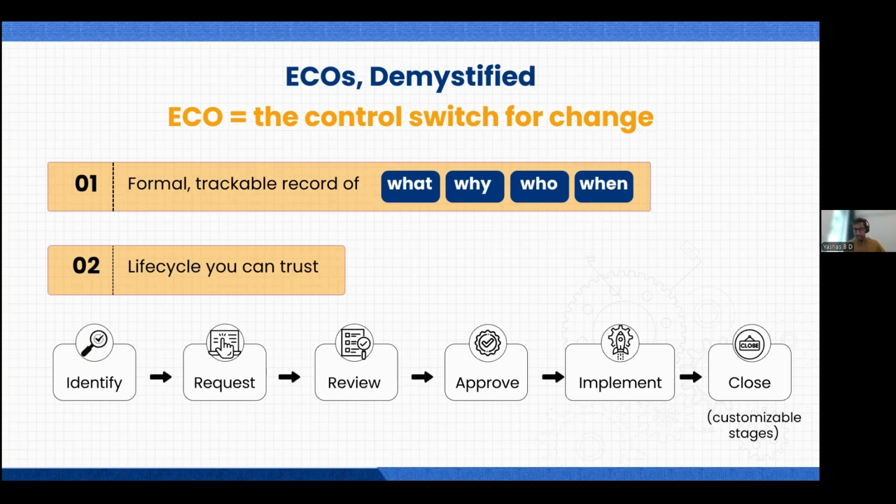So identify the product, then identify the change. Someone would have requested the new change to happen, and that's when we call it an ECO. This document is generated. That is, an engineering change order is generated. People will review it and approve it, and that's when it gets to actual implementation. And finally, we close the ECO. That is, the engineering change order will close. So the questions of what, why, who, and when will be answered with one ECO for any particular product. So that's the life cycle of a product which we are meaning.